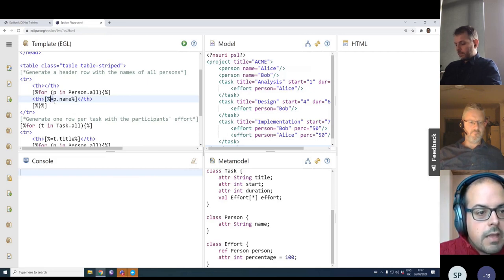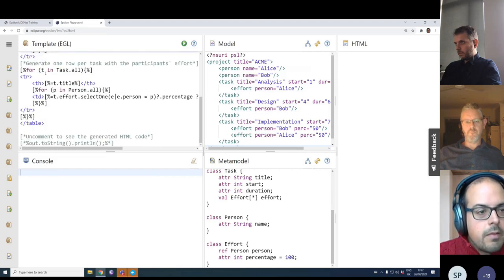So this essentially allows you to just print out the value of a certain expression. So just print out the name of that person here. And I have a header row with all the people. And then I have another one where I'm going to have a row per task. And for each task, I'm going to print out the title. And I'm also going to print out the percentage of that person is